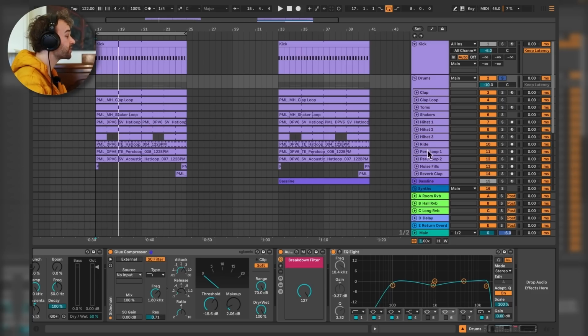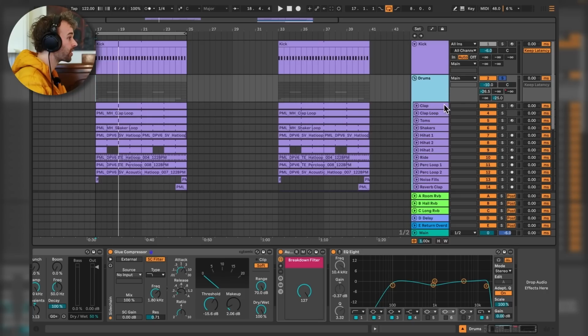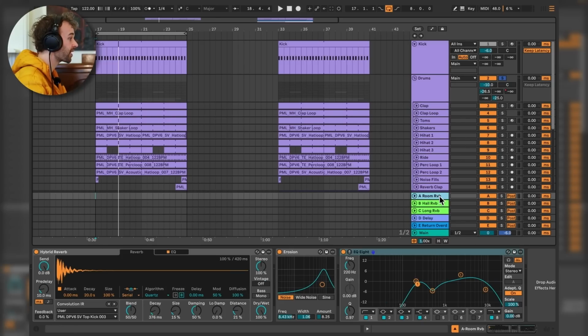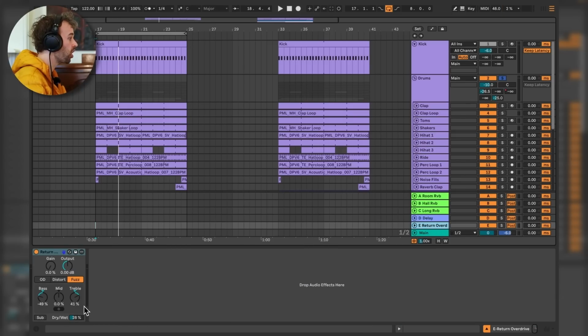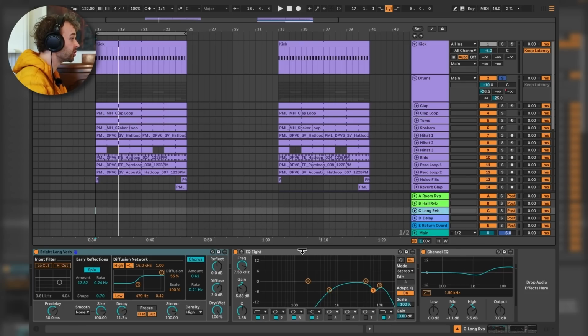Lastly, it's worth noting we're sending the entirety of the drums group to quite a few return tracks. Let's expand this and we can see that we're sending this whole drums group to this first return track, this room reverb, and this last return track, this return overdrive, which is applying some parallel distortion. And then we're also automating the send to this third return track, which is this long reverb, towards the end